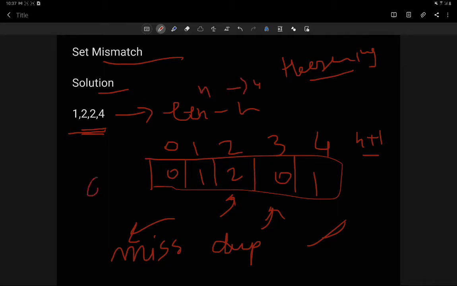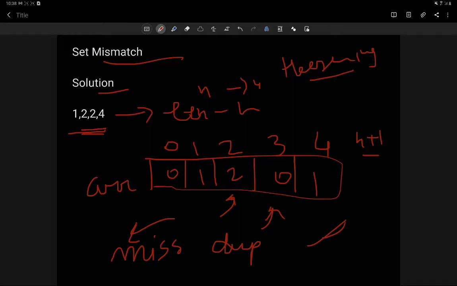We will take an additional array arr, which we will use for hashing purposes, and the length will be n plus 1 because the numbers given to us are from 1 to n. So we have n numbers. That's why we have taken an array of n plus 1.